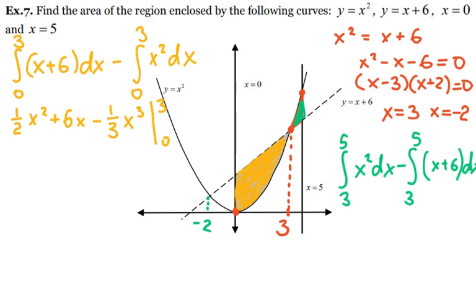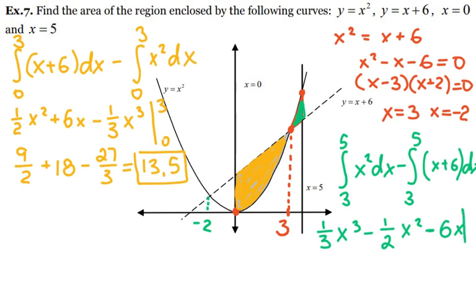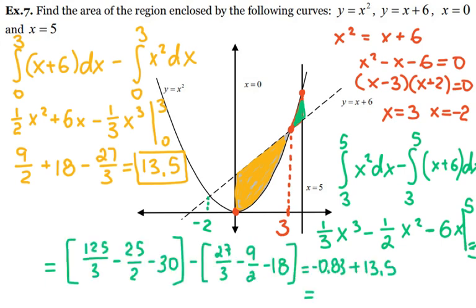If I take the integral of both, I will have 1/2 x squared plus 6x, and the second integral will give me 1/3 of x to the third. Now if I plug in my values for 0 and 3, I will have 13.5. This is for the yellow area. For the green area, again I take the integral of both, with limits 3 and 5, and if I plug in, I get -0.83 plus 13.5,